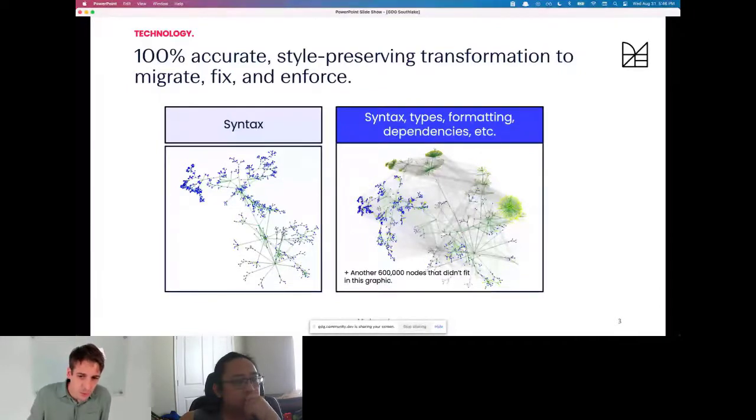A change that's produced automatically has to be style preserving. So the famous tabs and indents war that's been going on for decades. We just have to, when we make a change, respect the style of the original project, so that the code that we're suggesting looks idiomatically consistent in the context of the project it's being suggested in. I think that's really important. And so this 100% accurate, style preserving requirement leads to a particular way in which we develop OpenRewrite.